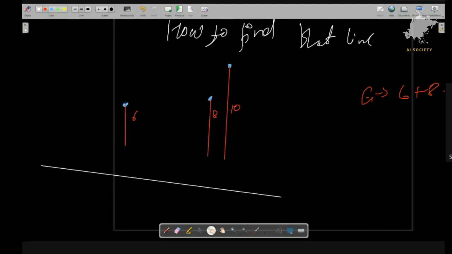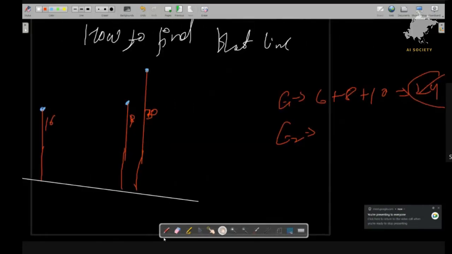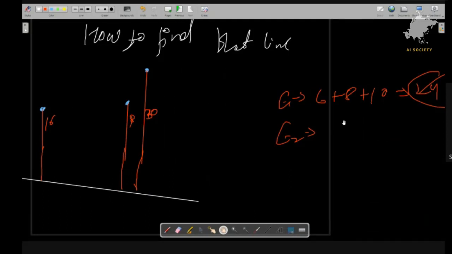Increase, increase, increase. Everyone is saying increase. So definitely this particular movement of the line has increased the error, right? And let's say it became 16, 18, and let's say 30. Okay, so error 2 comes out to be 16 plus 30 plus 18,